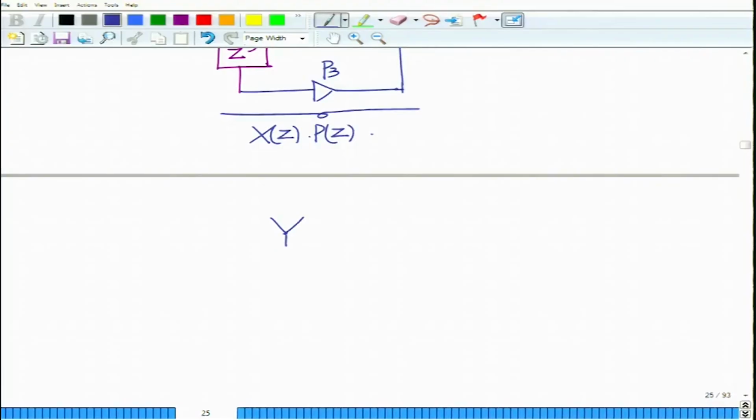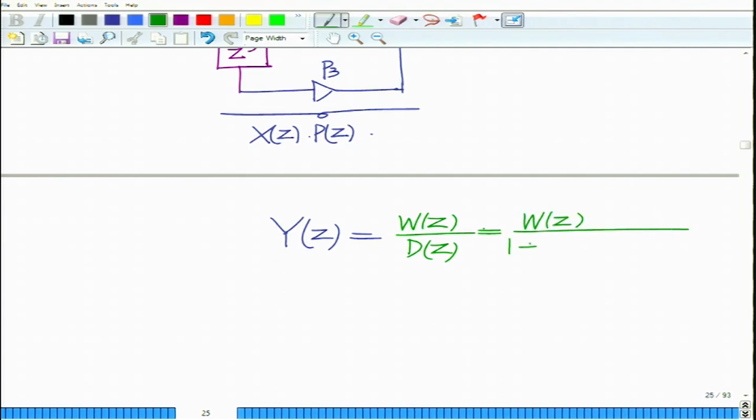So, we have Y(z) equals W(z) over D(z), which is basically W(z) over 1 plus d1 z inverse plus d2 z to the minus 2 plus d3 z to the minus 3. Now, once again taking the inverse z transform, this implies that you have y[n]